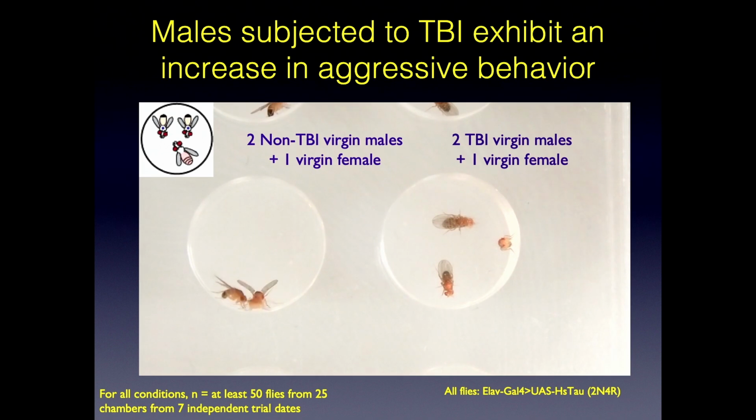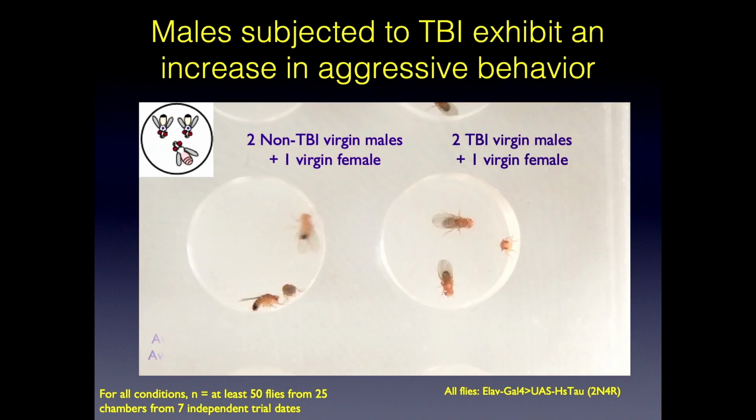My labeling here, I apologize. So the two TBI virgin males are actually on the left-hand side. In a competitive courtship assay, you take 2 virgin males and you put them together with 1 virgin female. And normally there's a little bit of aggression, but when you take these males and you overexpress tau and subject them to TBI, they become incredibly aggressive with one another to the point where they actually don't even initiate copulation